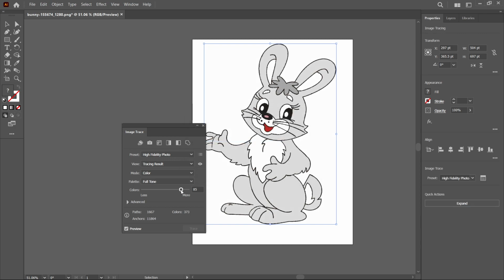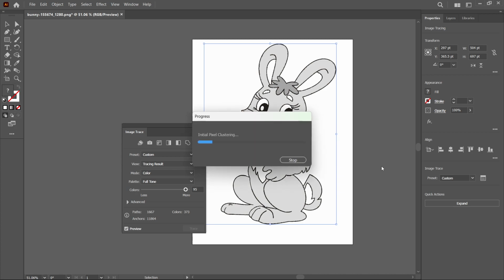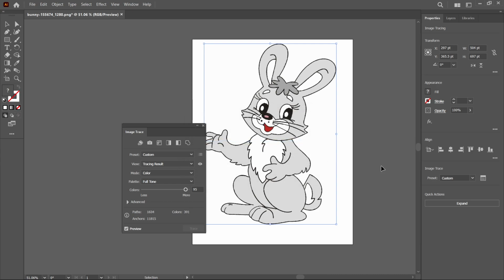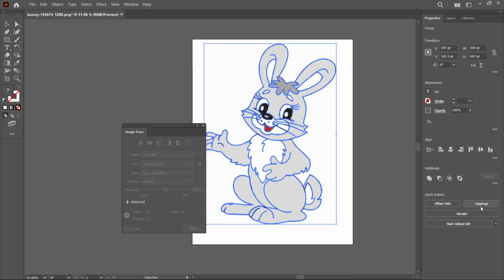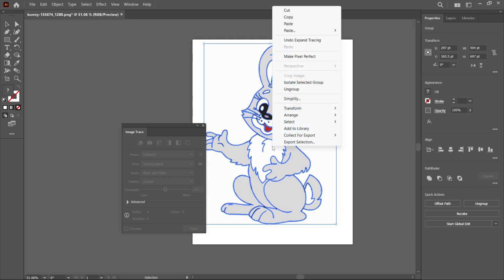Wait for a few seconds here. So I want more colors here. Okay, then you need to click on Expand and select this image and click on Ungroup,